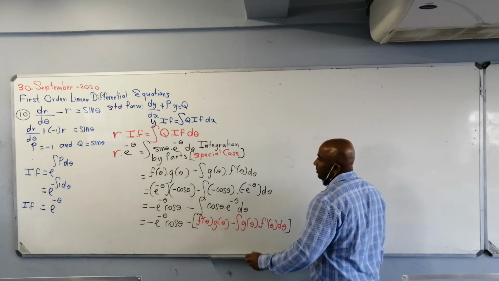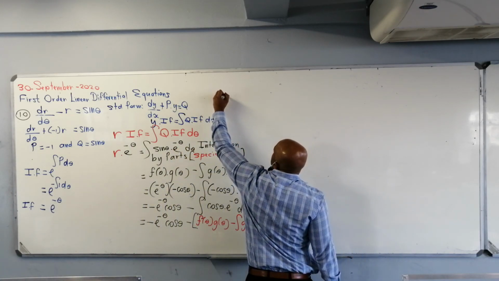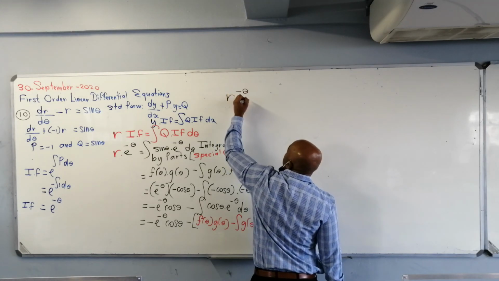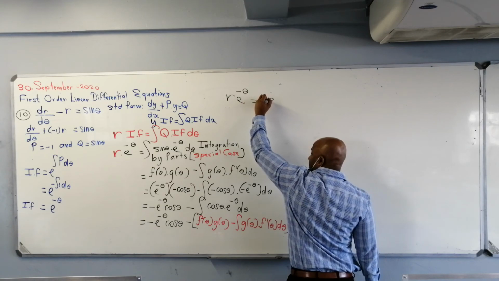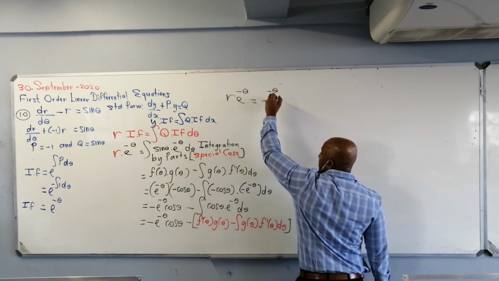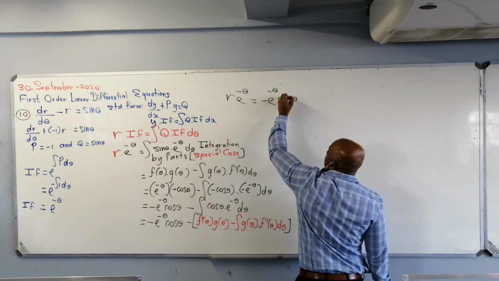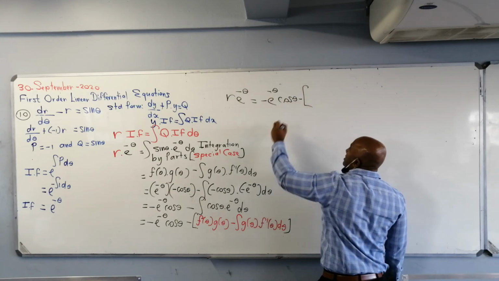Right, so let's see what we have here. r e to the power minus theta is equal to minus e to the power minus theta times cos of theta minus, now